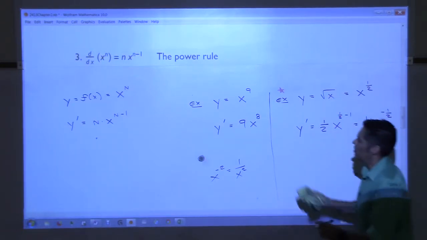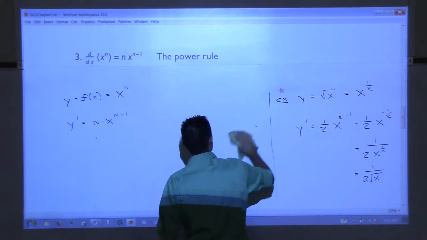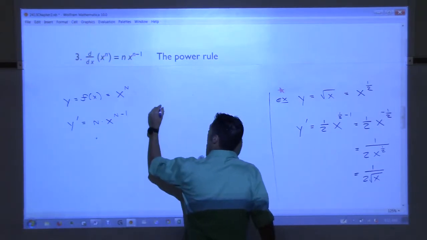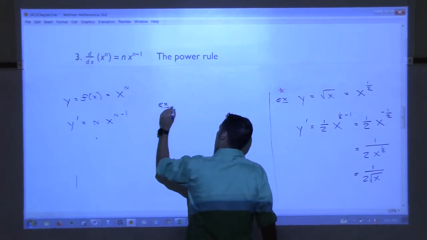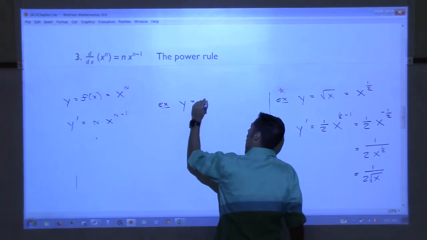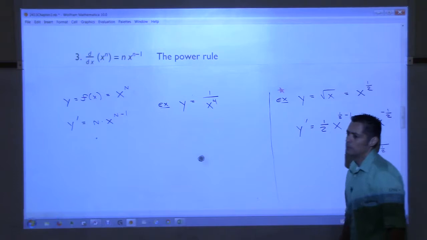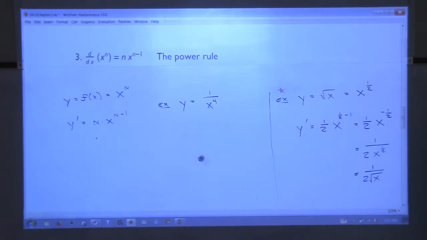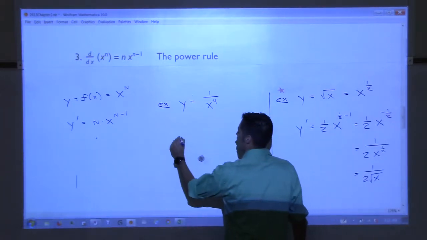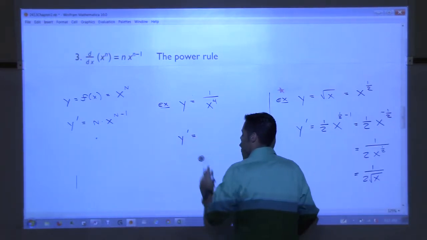All right, let's do another one. I'm going to still prove the rule to you, but I just want to practice a couple of these. What about this one? What about y is equal to 1 over x to the 4th power? So what is the derivative of this? Well,